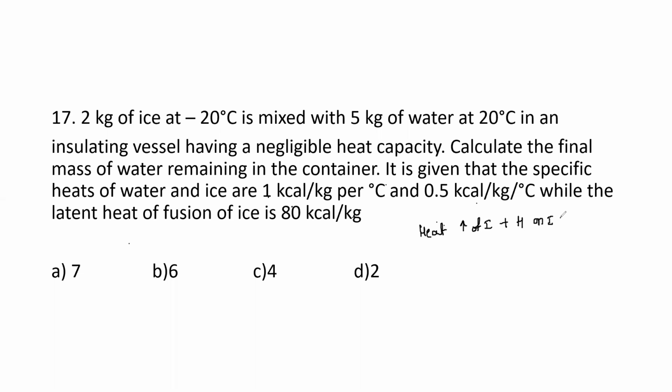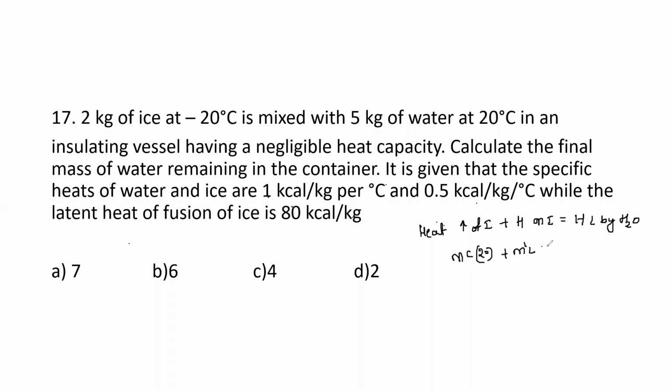First one is what? Heat to increase the temperature of ice. Next one plus heat to melt the ice is equal to heat loss by water. Heat loss by water. So write the value here, that is given by mc into 20 plus m into L,